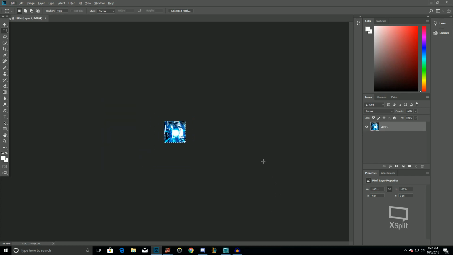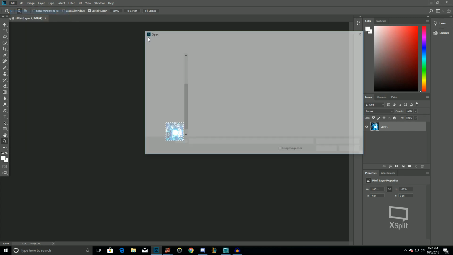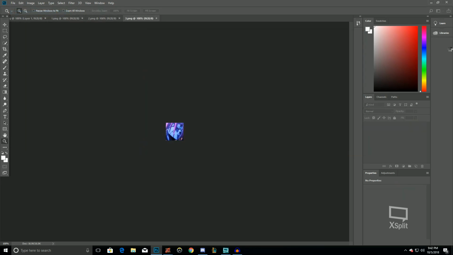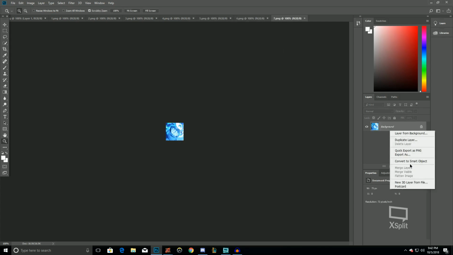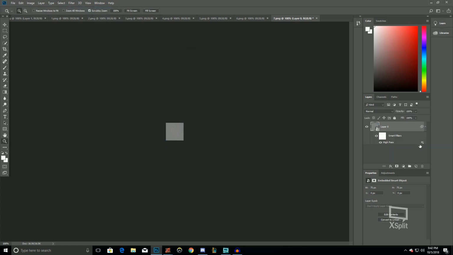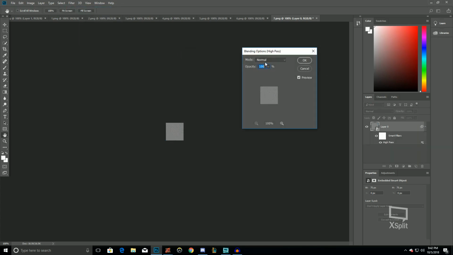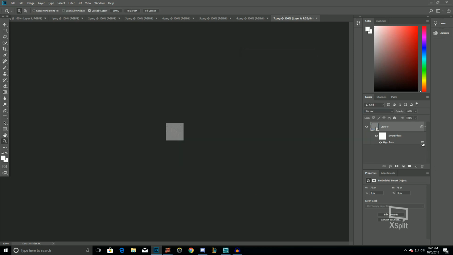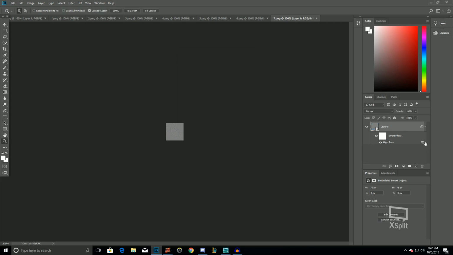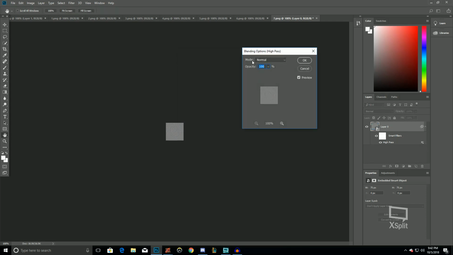So open up an image that has a border. Alright, now open up all of your images. And to sharpen, I right click, I convert it to a smart object, I go to filter, I click high pass. For high quality images, you can get away with using vivid light. So click on this right here. Double click on this. On mode,